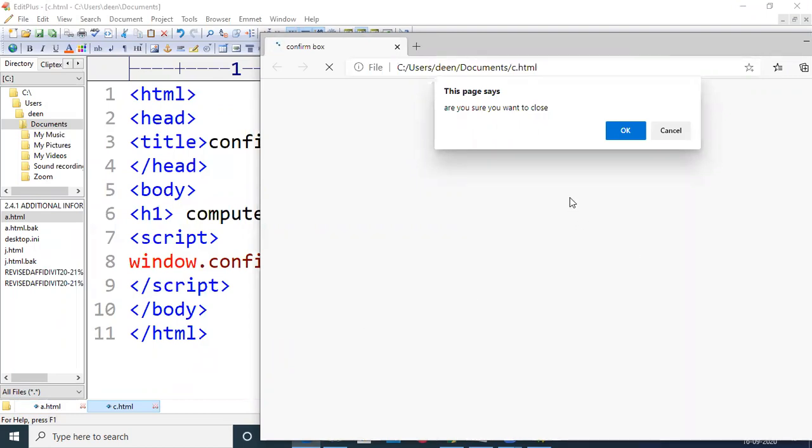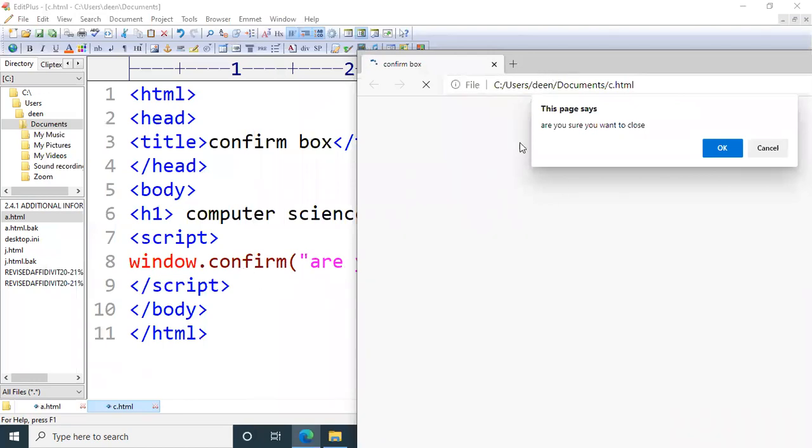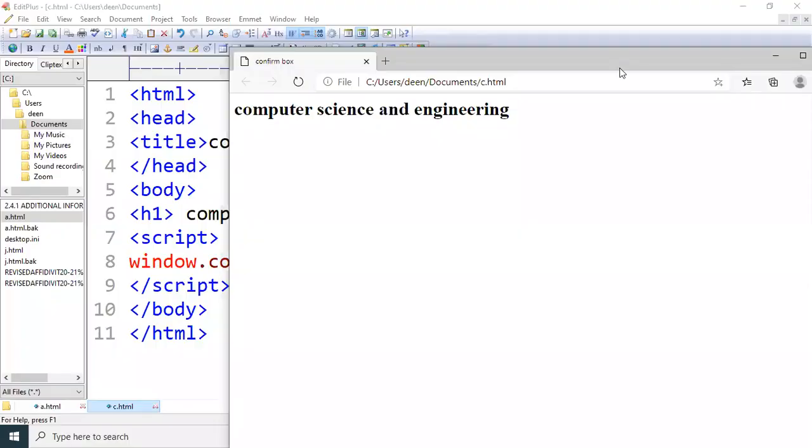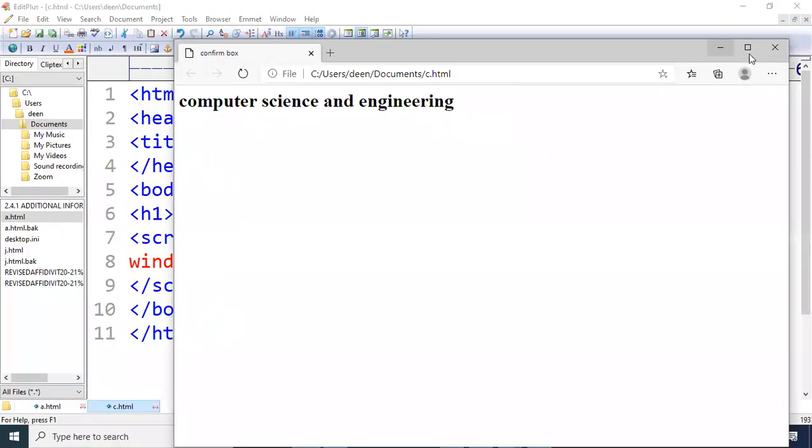So here, let us see what happened. Window.confirm has created a window. There are two buttons on the window. If you make a click on this OK button, it is displaying some information. Now, let us add some extra code.